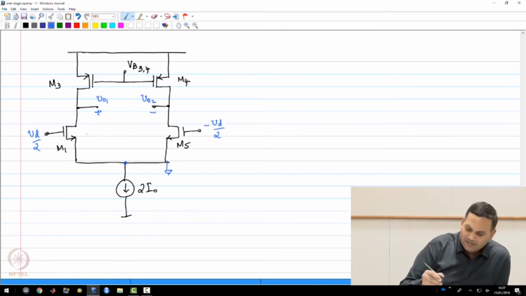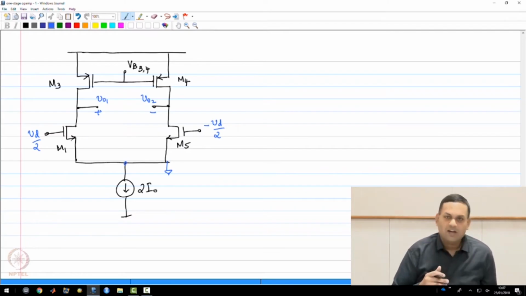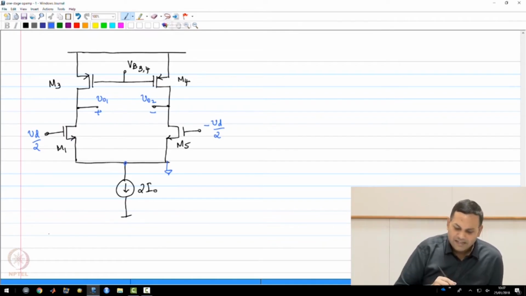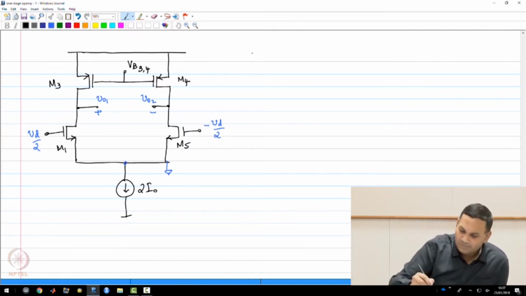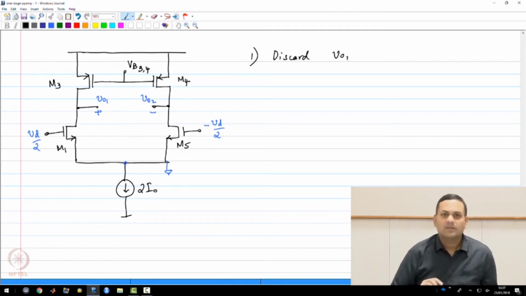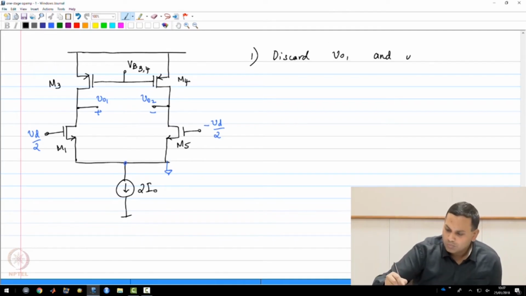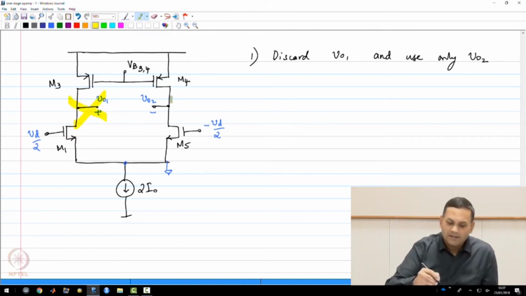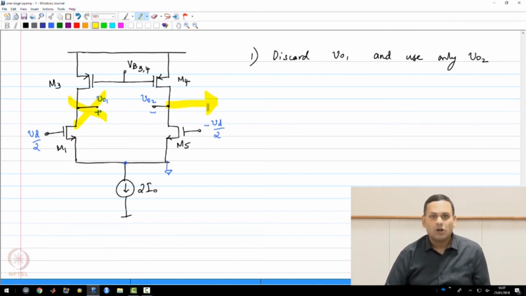What is the best way of taking a single-ended output? Now, there are several different possibilities. The first possibility that we can consider is you just discard VO1 and use only VO2. So what I am saying is you ignore one half of the circuit and take this as the output of the op amp. And it turns out that this will be fine, but you have signal currents flowing through the